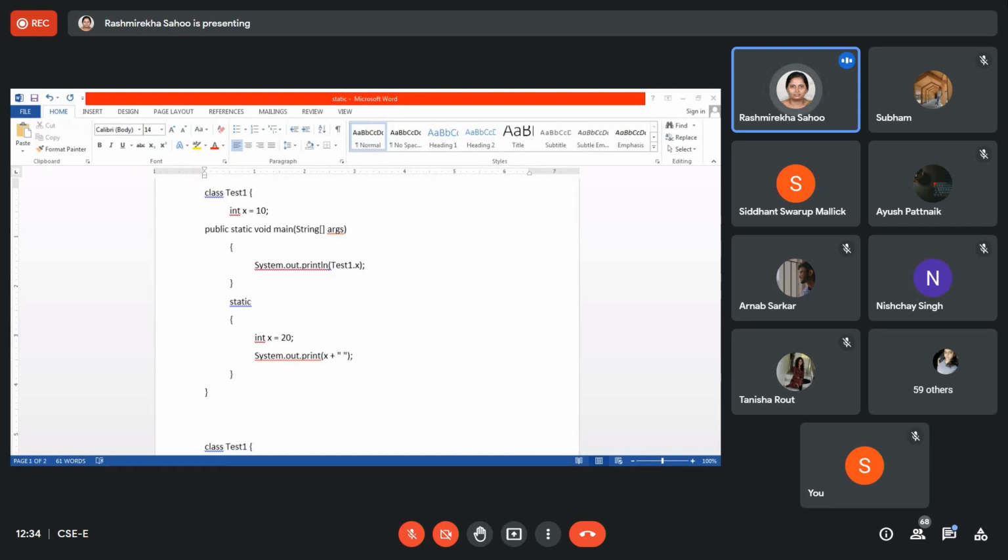Have you executed? Yes, ma'am. Why error? Because x is an instance variable and we are using it inside the static method, the public static void main method. Understood, all of you? We cannot access the instance variable with the class name.